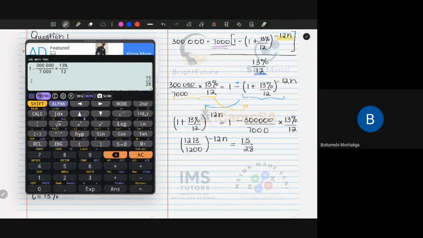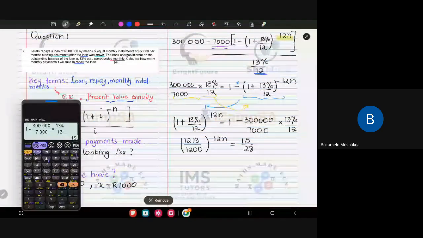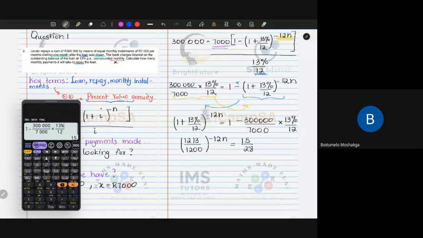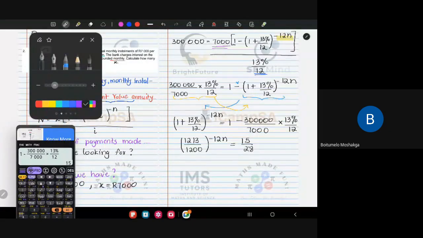Okay, so the answer was for the other side. Okay, guys, let's now go and solve for the n here. So I want to remind you of something that I think I spoke to you about sometime last week, which